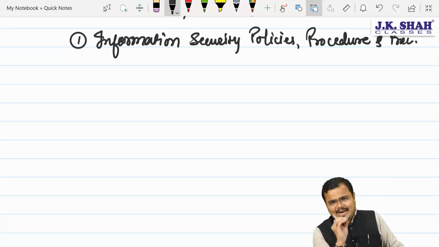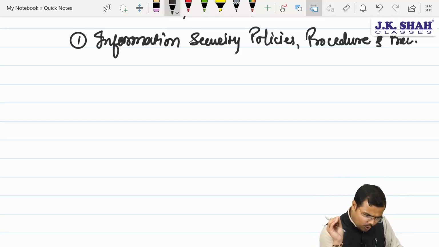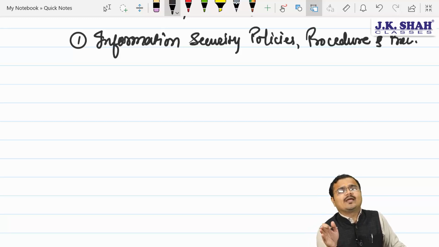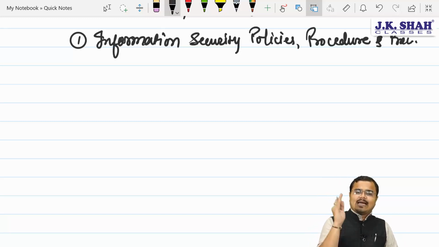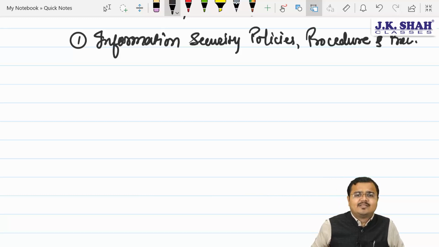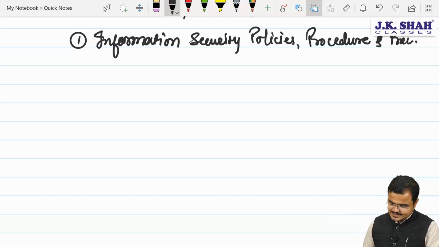Sir, whether the bank has drafted the proper policy and procedure for use of IT resources, how the users are created, how they are granted access. All things I need to identify. How we are processing the customer's request, whether we are storing customers' data, employees' data, KYC related data properly or not, that has to be identified with the help of what? Sir, information security policy, procedure and practices.